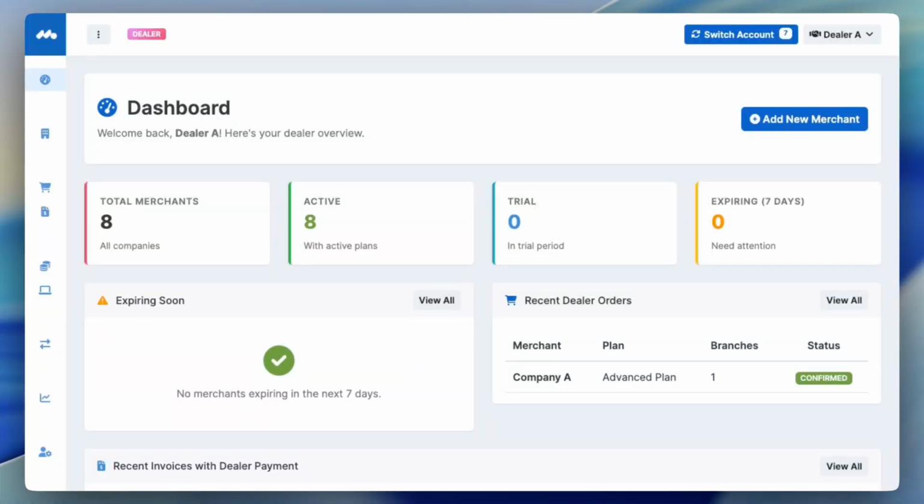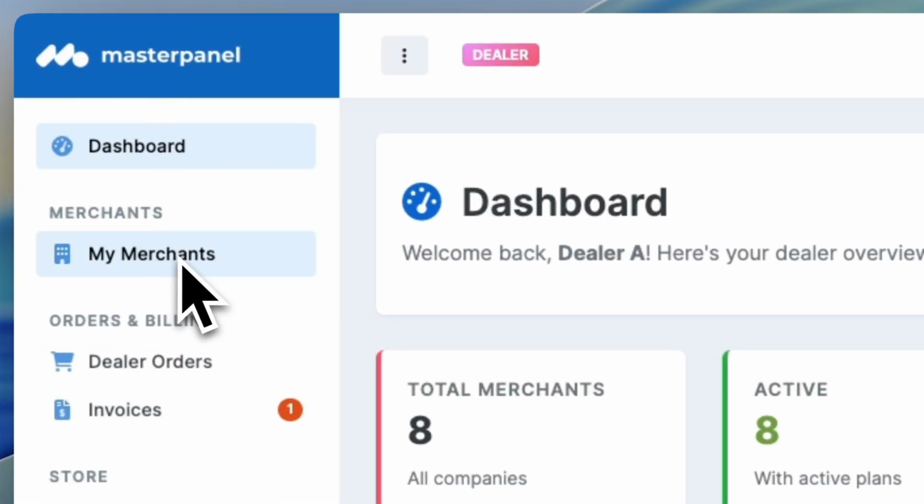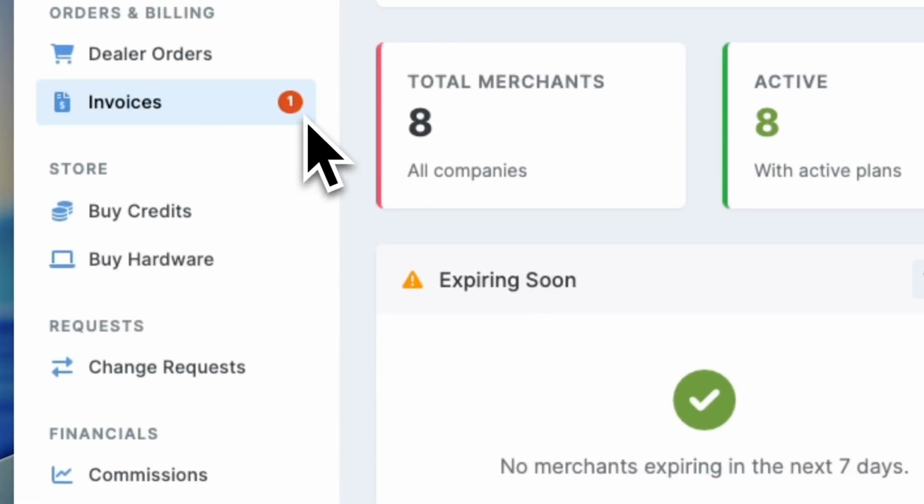Let's get you up to speed with the dealer portal. This is your one-stop hub designed specifically for Masterpanel dealers. From onboarding merchants and tracking orders, to buying credits, hardware, and checking your commissions, you can do it all right